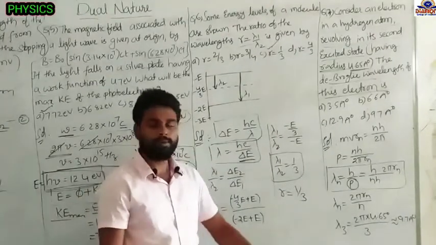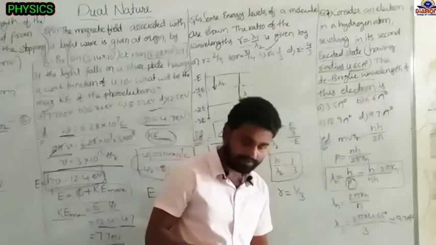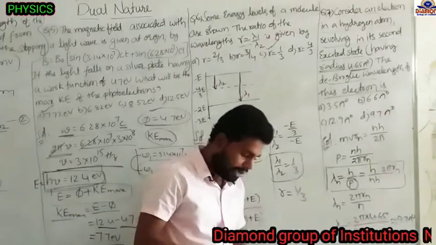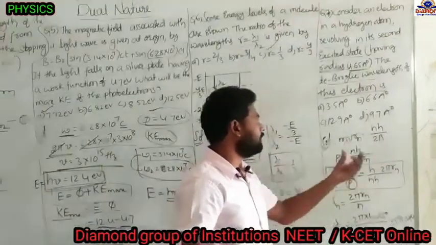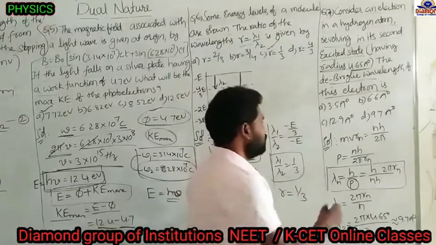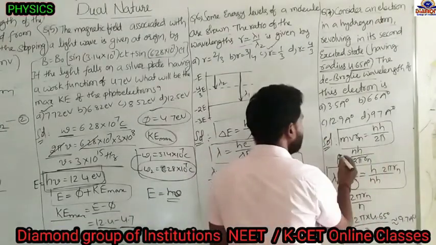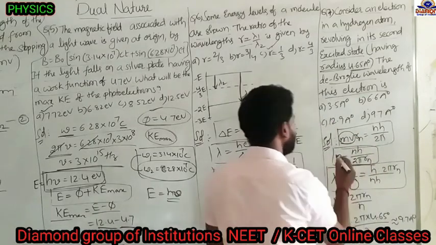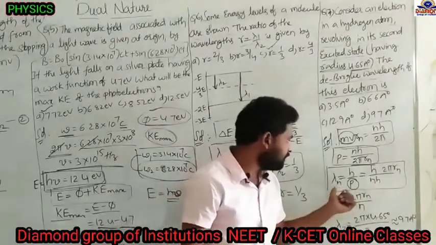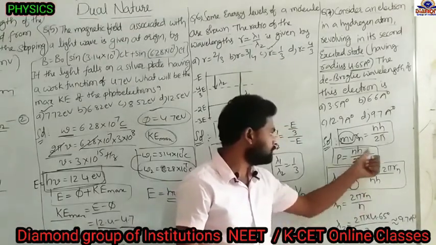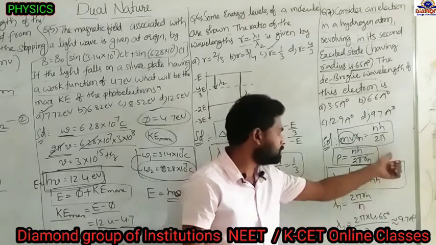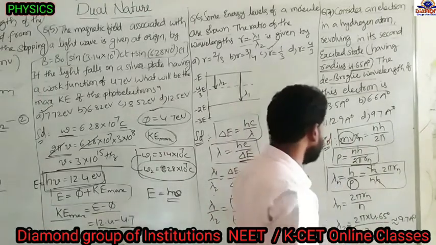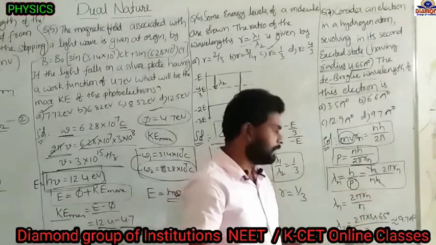We find the momentum from Bohr's postulate. The second postulate says that in a stationary orbit the angular momentum is an integer multiple of h by 2 pi, so m v r_n equals n h by 2 pi. From this, the momentum mv equals n h by 2 pi r_n. Now in lambda equals h by p, substituting p, the h cancels and we get lambda_n equals 2 pi r_n by n.